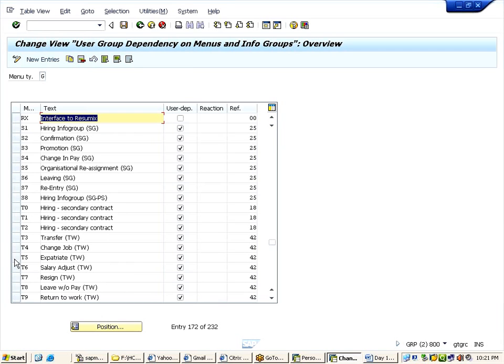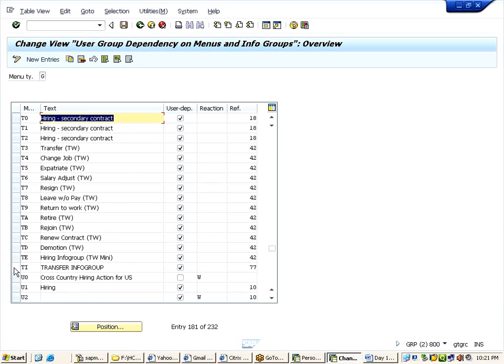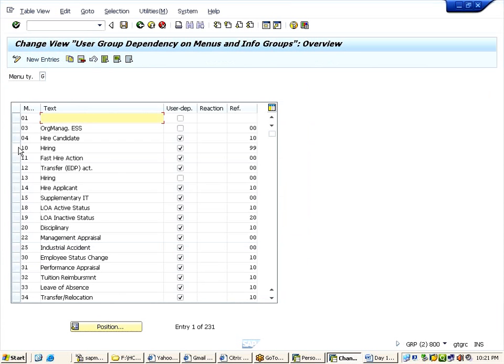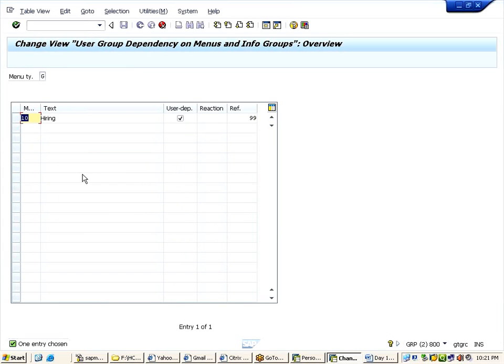I will select this and say copy. Now I need to give a code for my info group. So I am giving HI, and I will call it hiring info group. Always this box should be ticked. Why? Because that is user dependent. Leave the next column not used.